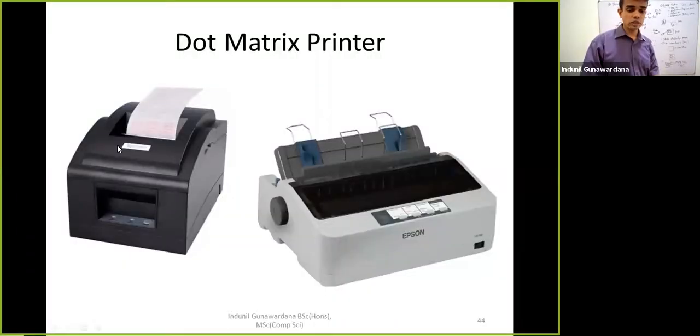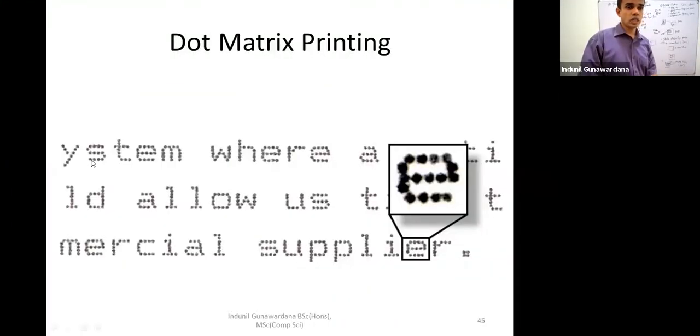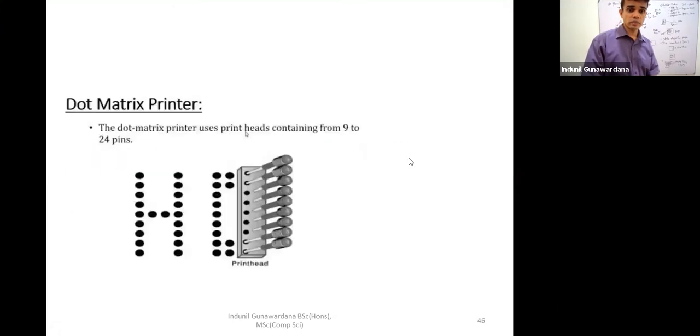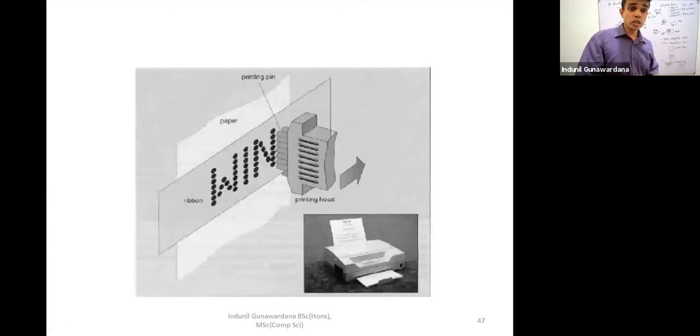I have a certain screenshot here. When you go for dot matrix printing, normally the letters are printed with dots. Dot matrix: the matrix is made based on dots. This is a head. You see that dots are there. So those dots are prepared and then compressed onto the paper through the ribbon. This is a ribbon, and this is a paper. This is a head. When they are compressing together, the printing is made.